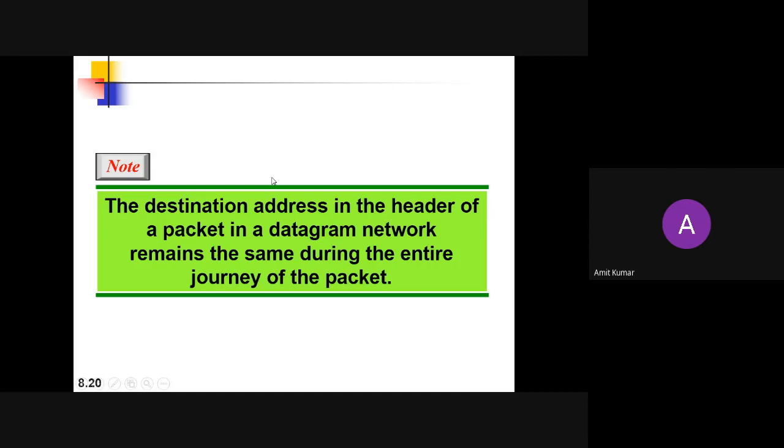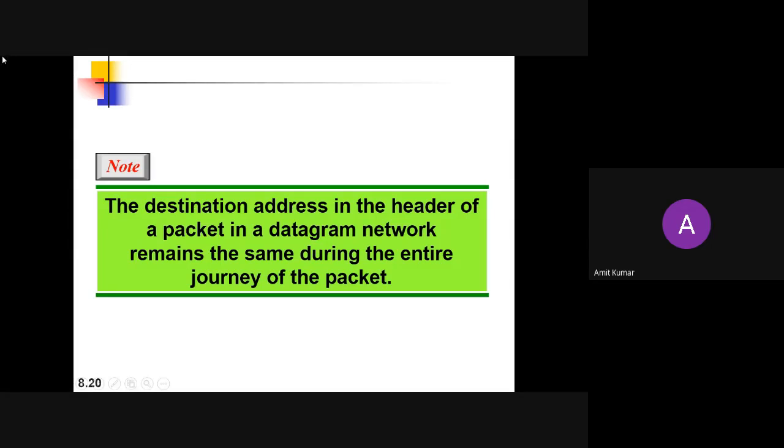Take an example: if a source sends a packet and there is a delay of a few minutes before another packet can be sent. What will happen in circuit switching? They first need to wait to decide which path you should follow. So although the packets are ready, you need to wait. But here, what will happen? The packets are ready, so they are immediately moved into the network. That's why you will get less delay as compared to the previous one.